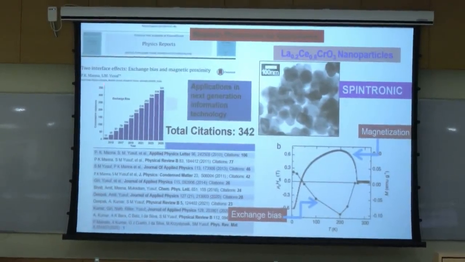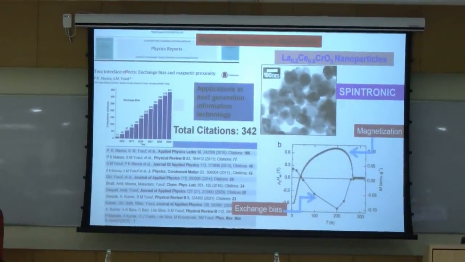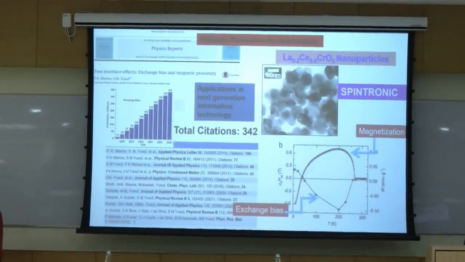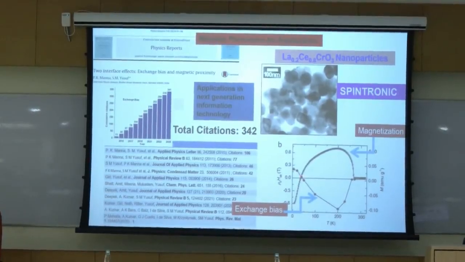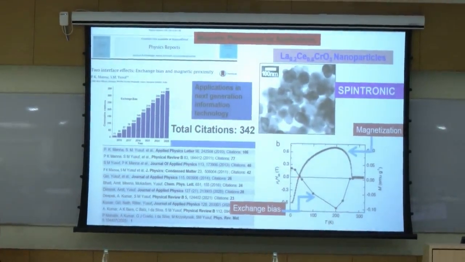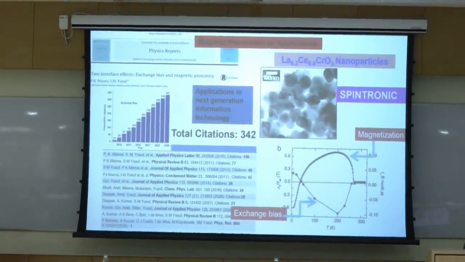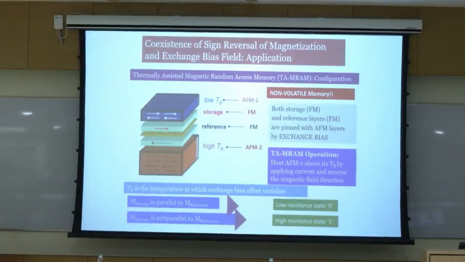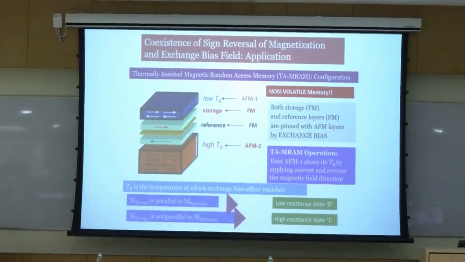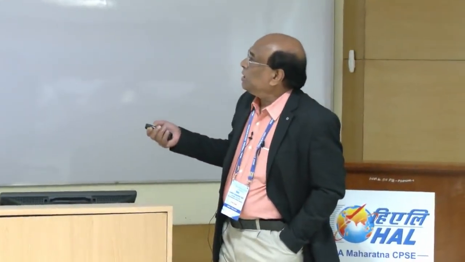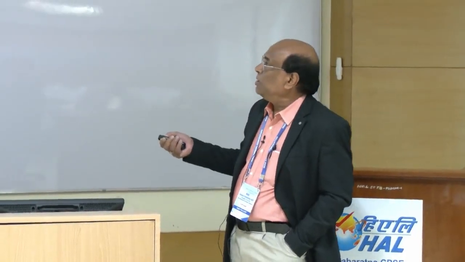And as I said, there is another concurrent phenomenon called magnetic interface effect, that is called exchange bias. There also we wrote this review article based on many fundamental papers, which at present are cited this many times. And when this magnetization reversal is there, magnetic exchange bias can also change the sign. An implication that we have seen in this kind of even nanoparticle, not only bulk, is that this phenomenon we can use to make thermally assisted magnetic random access memory. Due to time limitation, I will not go into details of that. This is what we have